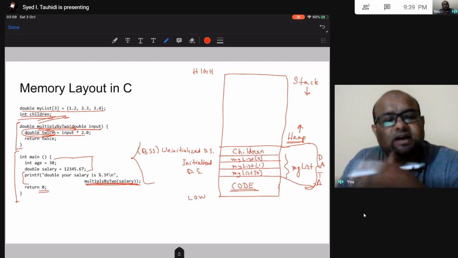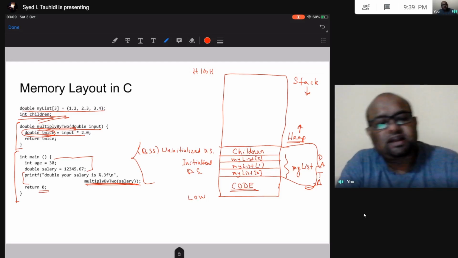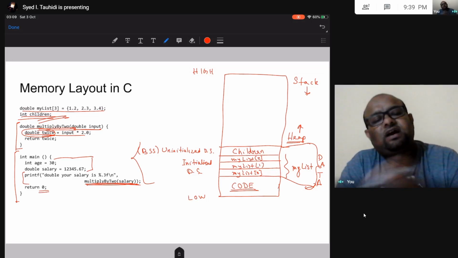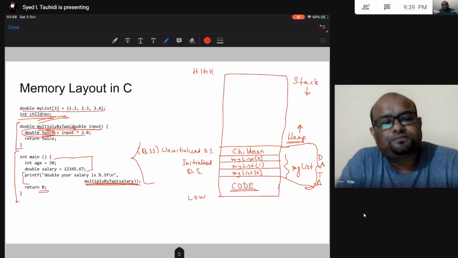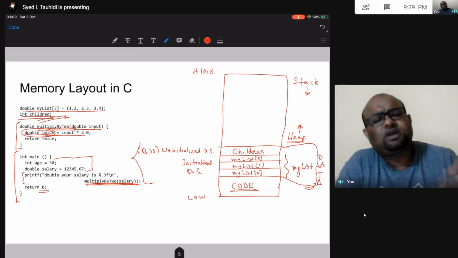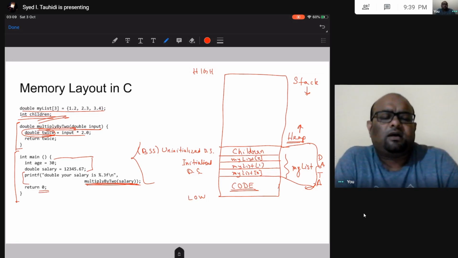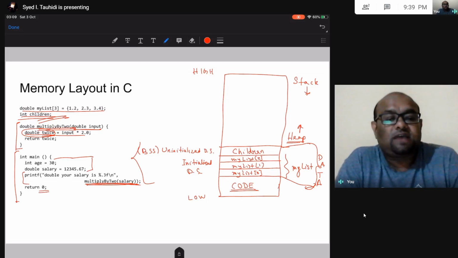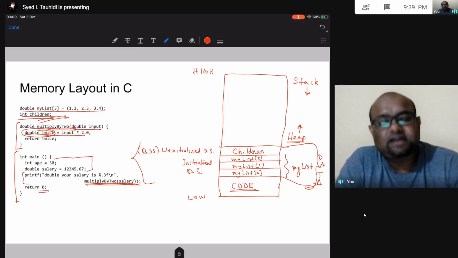When I am running this program. Had I allocated it in global, say as an array of size 100, then I would have said it beforehand. So even before my program starts running, this memory would have been allocated, right? An array of 100 size would have been allocated. But now, because I am going to allocate it at runtime, that is one advantage. I am allocating at runtime the exact size of the array that I need.